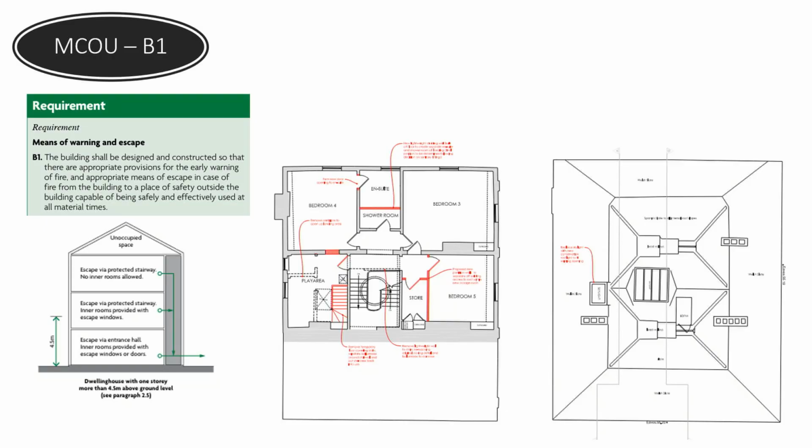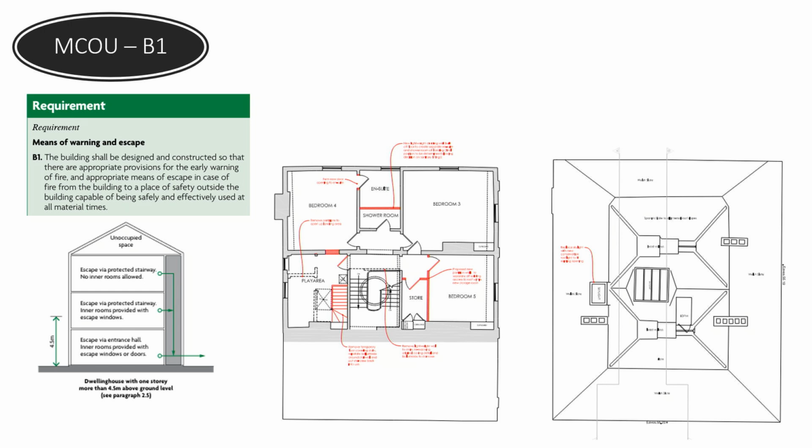So, as an example, this was a material change of use under 5A, B1's applied. They did originally, I don't know if you can see on that plan on the left hand side, oh, we've got a pointer, haven't I? They did originally have a staircase over here, and the architect was looking at a proposal where they would have an alternative means of escape with fire-resistant enclosure between the two, but it didn't work out. And in essence, what they ended up doing is having internal fire-rated doors, internal fire-rated enclosures, and a protected corridor